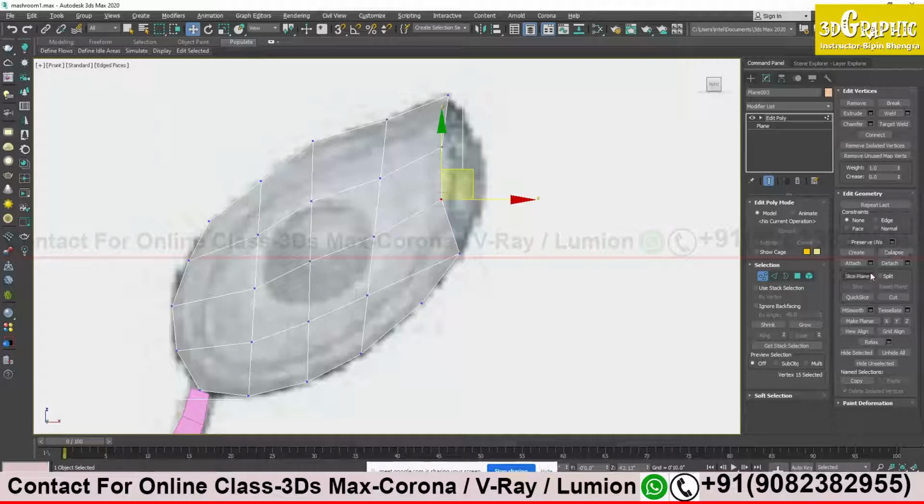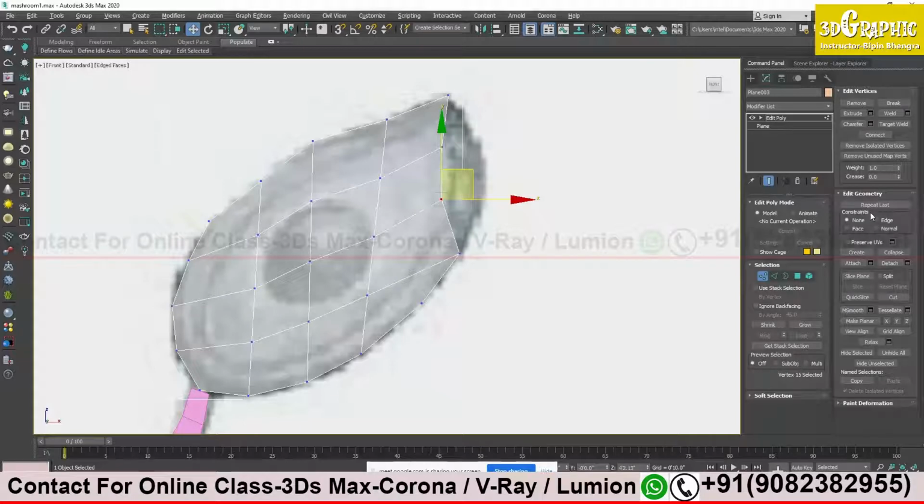You will get the same kind of effect on the right side. One second, now axis constraint is there. Over here you can see edit geometry. There are lots of options over here. I'm going to teach you as we go further in modeling. One by one I will teach you all the options over here. Right now just focus on this edit geometry option.